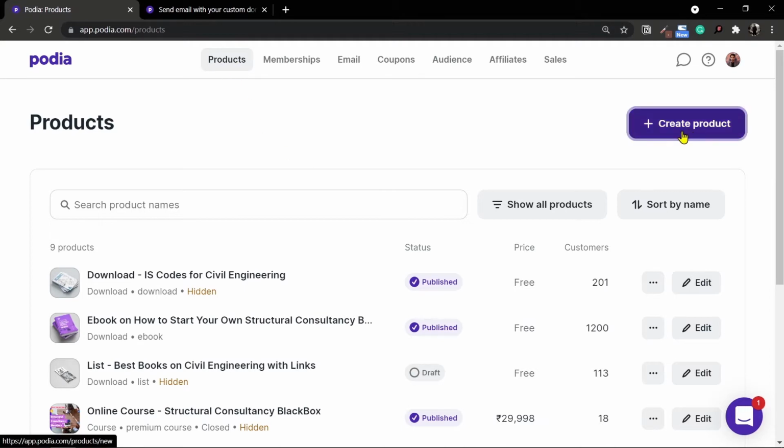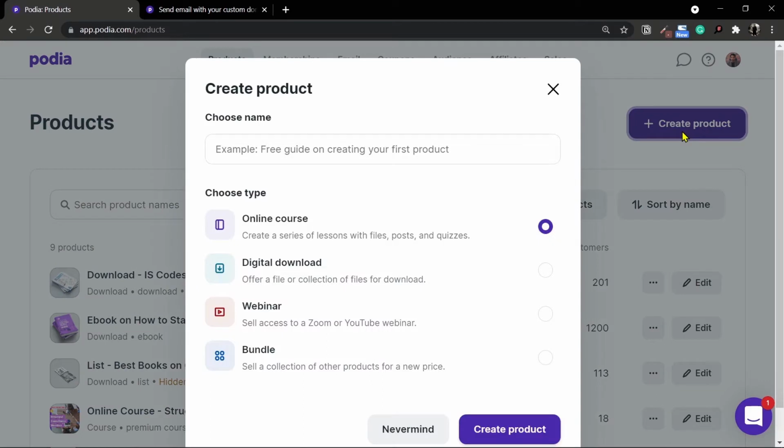What we essentially want to do here is create a product which is free and which is a digital download. You can of course create a free online course as well, but a better way of creating a lead magnet is creating a digital download. So I'll select digital download. By the way, I have talked about everything related to digital download in a previous video. This is specifically using digital download as a lead magnet. So if I'm rushing past some things, that is because I've already covered that in the digital download video.